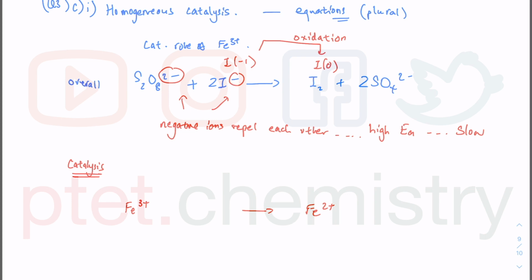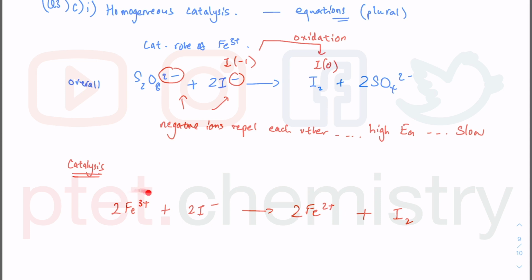So I start with the one that gets oxidized first. So Fe3+ plus 2I minus going to I2. And of course I need 2 Fe3+ and 2 Fe2+, to balance out the changes in oxidation number, and also to balance out the atoms. So this is 2 times plus 3 is plus 6, minus 2 is plus 4, 2 times plus 2 is